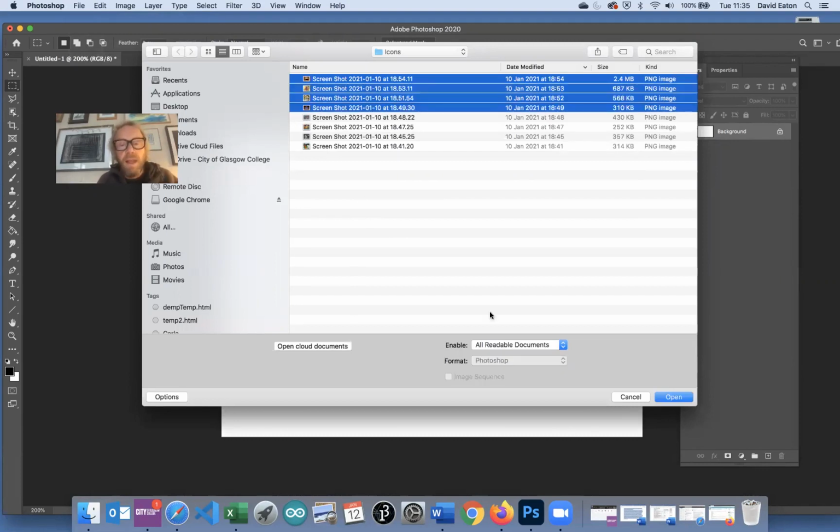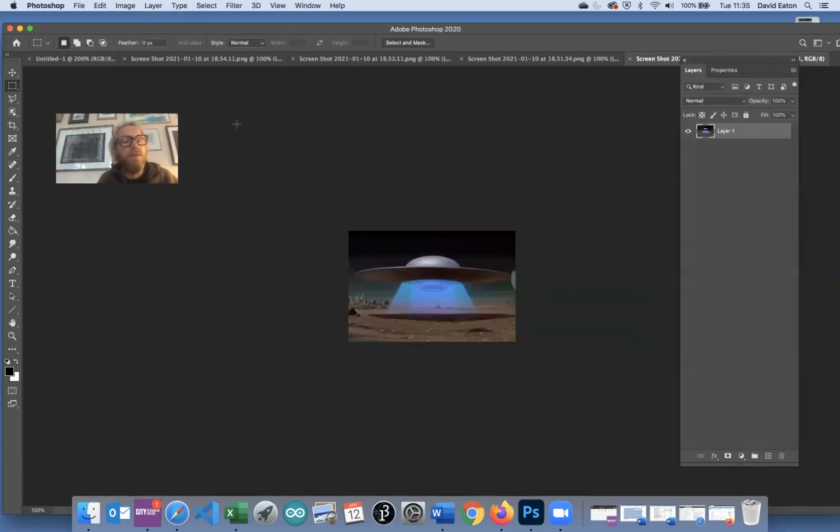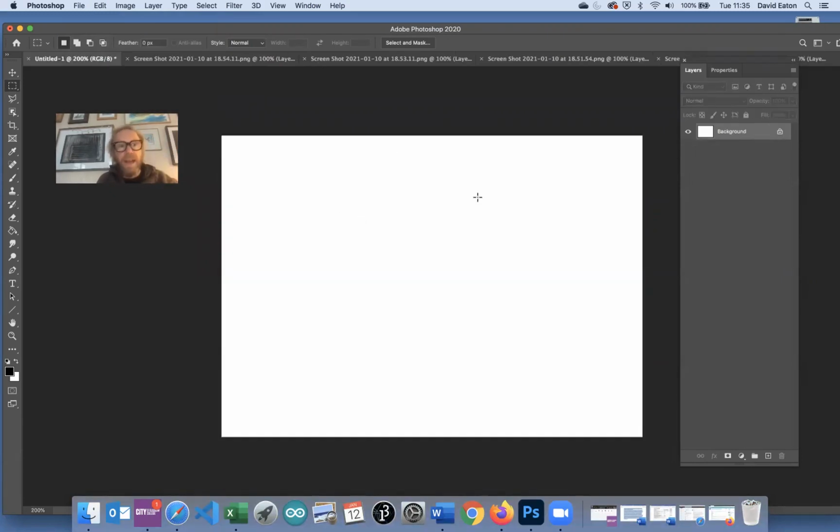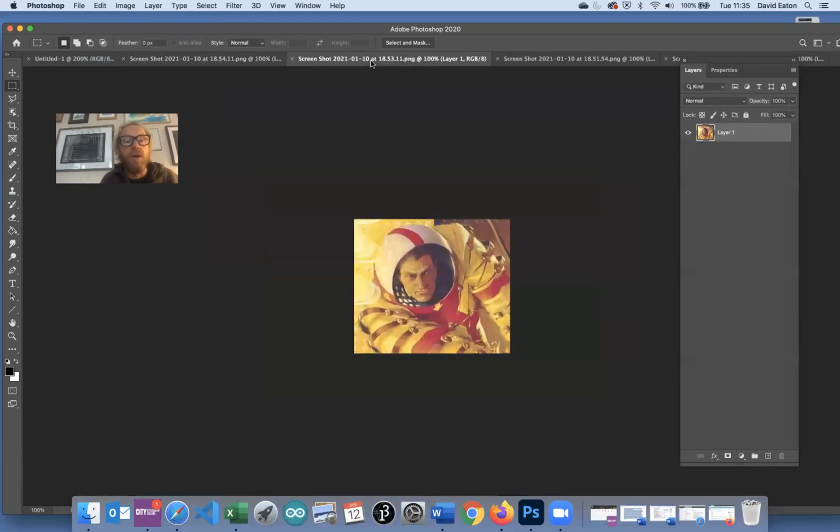4 images. And I'm not actually importing them into the document. What I'm doing is I'm opening them up in separate files, which then allows me to work with them here. So it's now just a case of going and locating the file that you want and selecting it. You can do it manually by dragging across if you want the whole image, or if you wanted part of the image, depending on what you're looking for. If you wanted the whole image, probably the easiest way to do it is to use the Select All, or use the keyboard shortcut that's indicated up there, and then you can copy that,